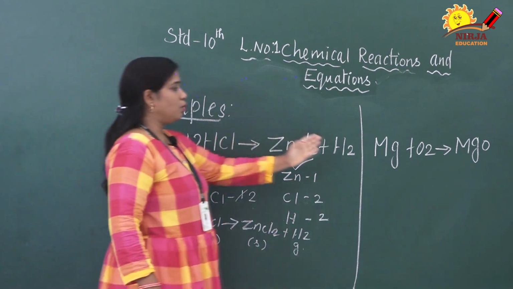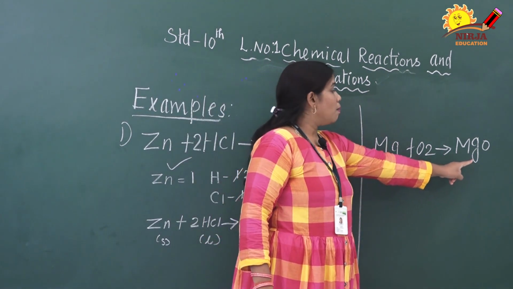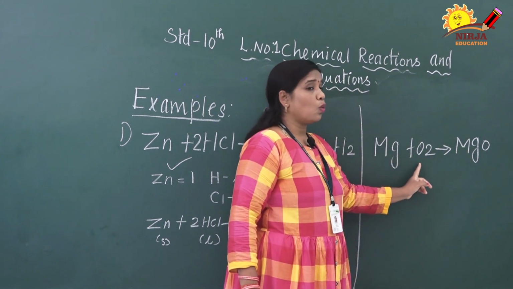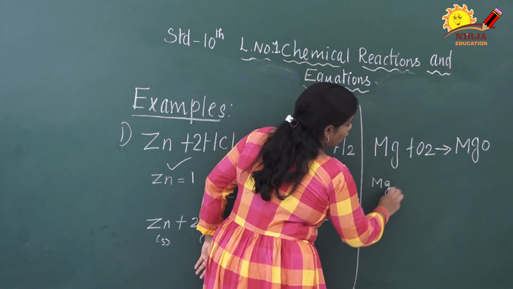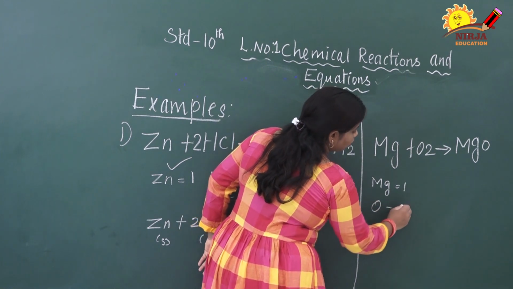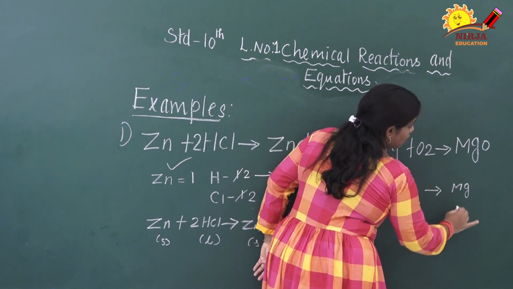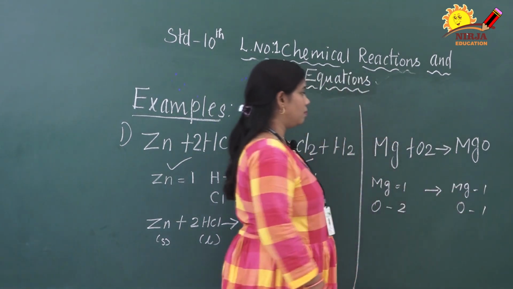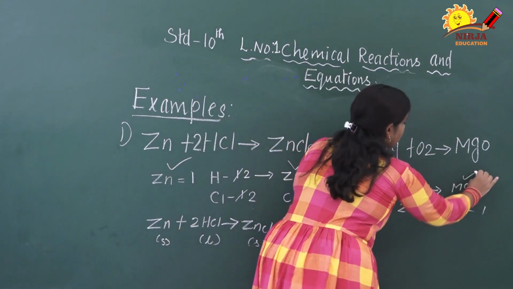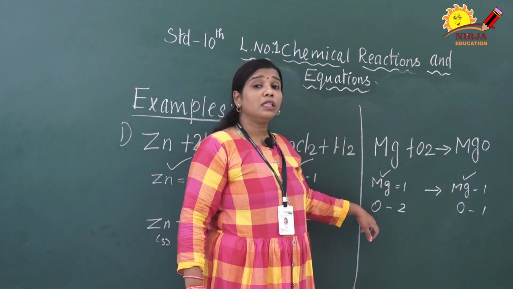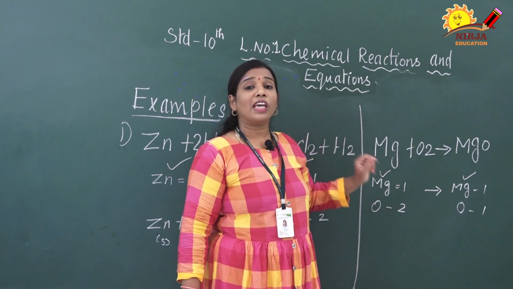Clear? Next we are going to solve the next equation. Magnesium reacts with oxygen, it produces magnesium oxide. Mg plus O2 gives MgO. Now you see here magnesium is only 1 present, but oxygen is 2 atoms. But on the product side, magnesium and oxygen are 1 only. It is not balanced. See here, magnesium 1, 1, it's okay, equal. But what about oxygen? Oxygen here is 2 but here only 1. What about the other 1? Something is wrong. We have to balance.